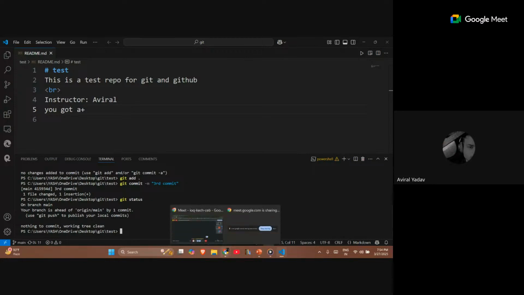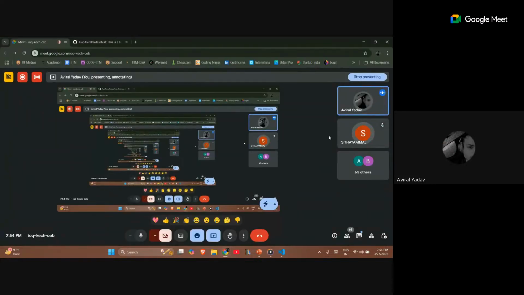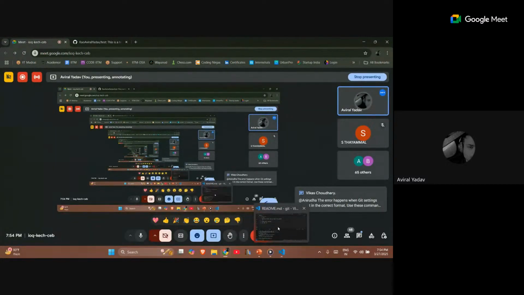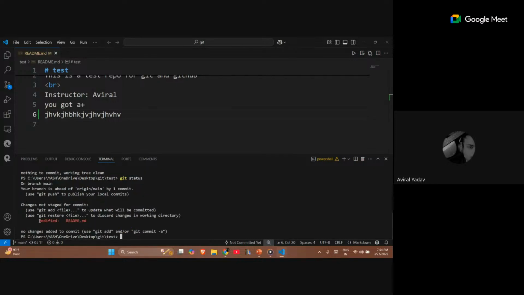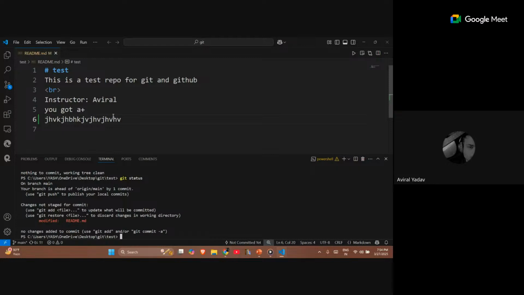Does anyone else have any doubt regarding the commit and add process? If you have made any changes, for example, let me do it again, I'm adding some gibberish stuff. As you can see, it's again highlighted, and M comes next to it. If I check the status again with git status, it shows I have modified my readme file. I have modified just this on my local system. Remember that nothing has been moved to my remote system.